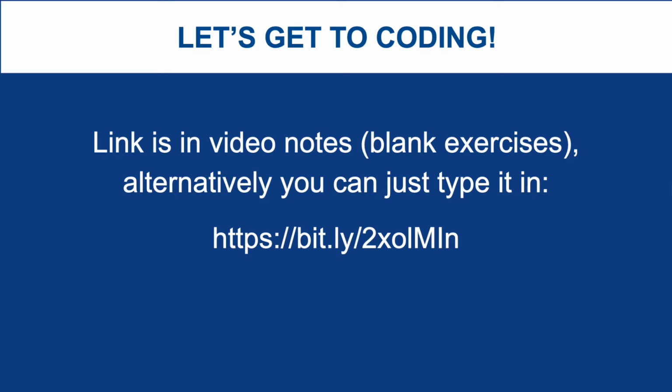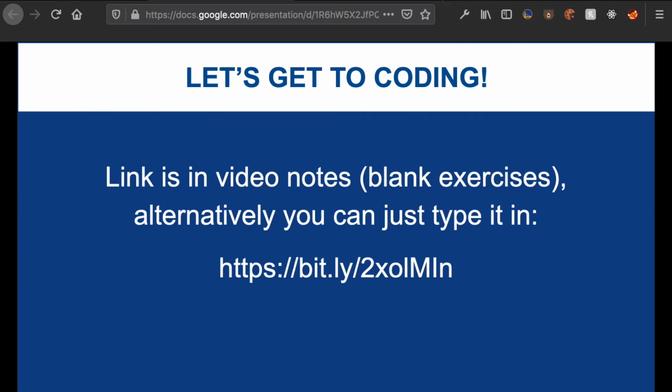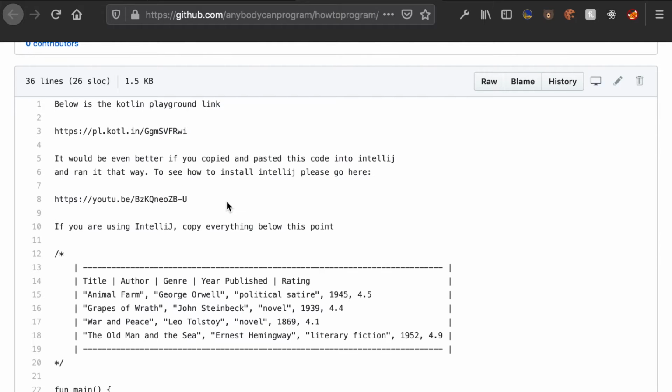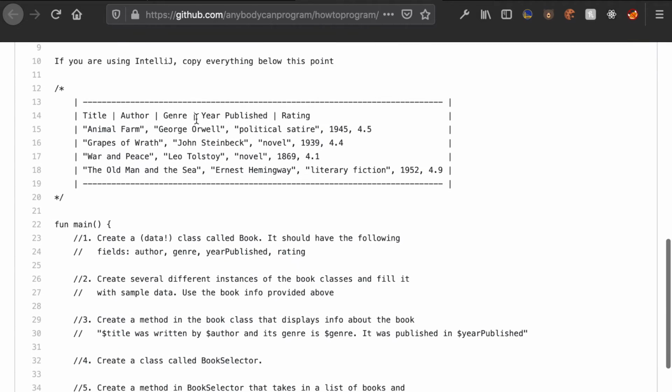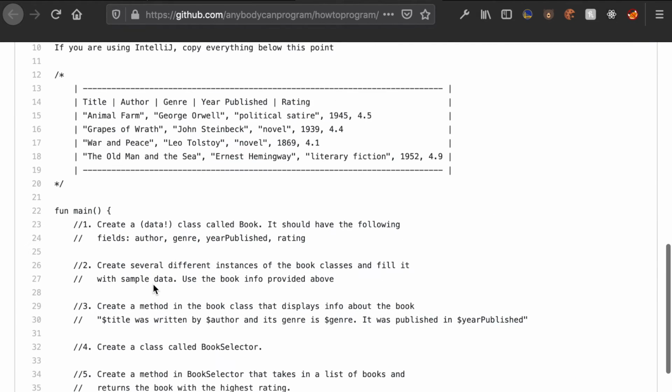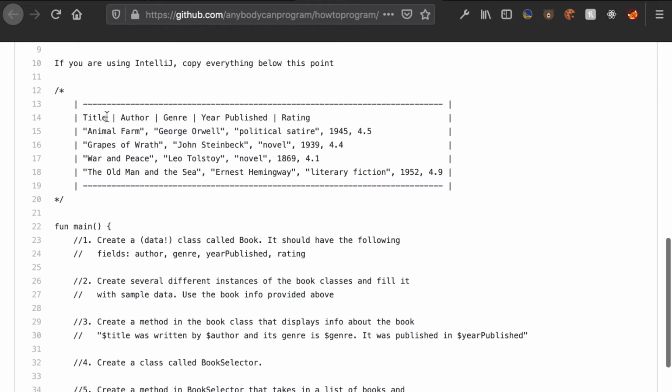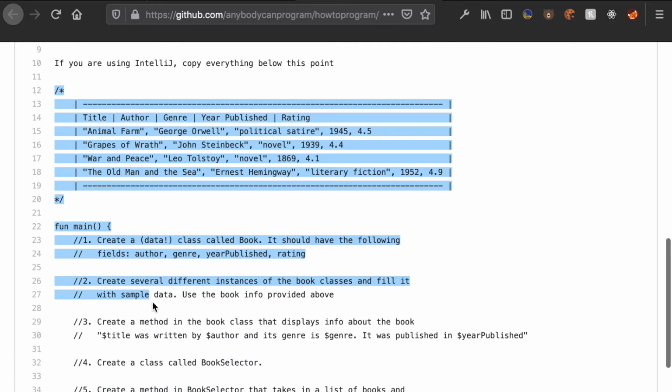So like previous weeks, we are going to do all of our coding in IntelliJ. So follow along with me. Let's go to this link right here. It will take you to here. As always, you can either do this via the browser through the Kotlin Playground website, or you can copy and paste this into IntelliJ, which is the preferred way of actually doing things. So we are going to take this right here